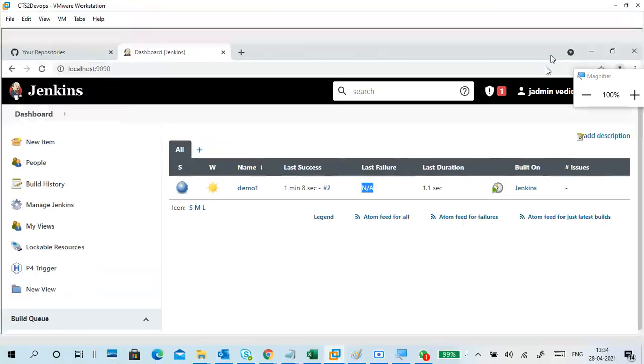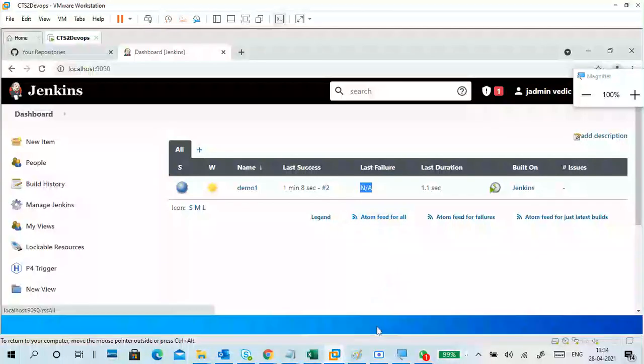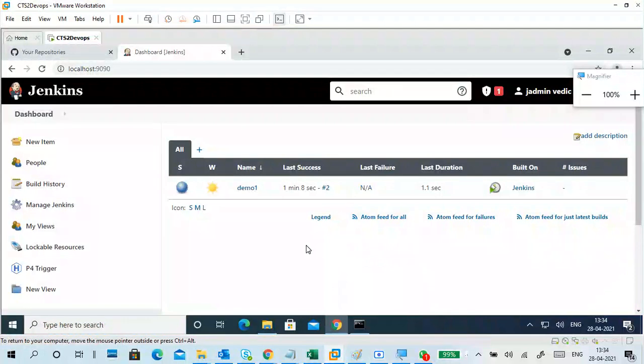So this is a sample project. Next time we'll see how to do it with Java and how to do it with Python. Okay, and how to build two projects side by side, in sequence, and what is a pipeline and what is Docker. It will take a lot of time to do it, so we'll see at least a few things.